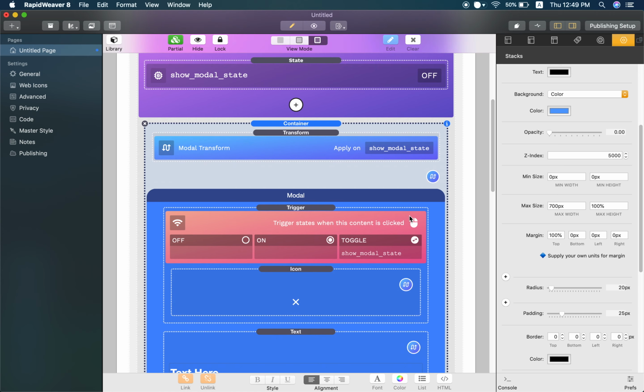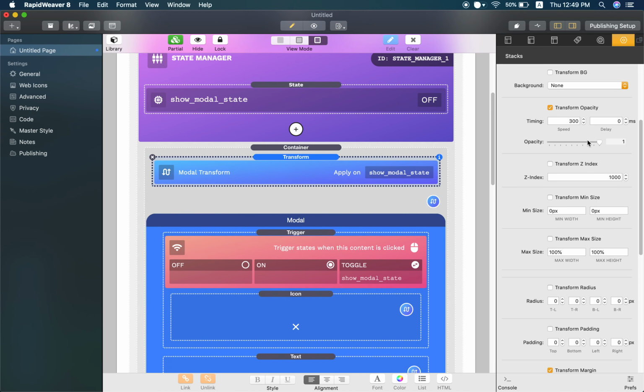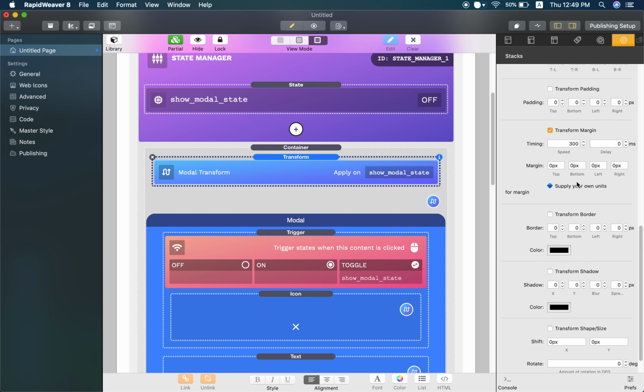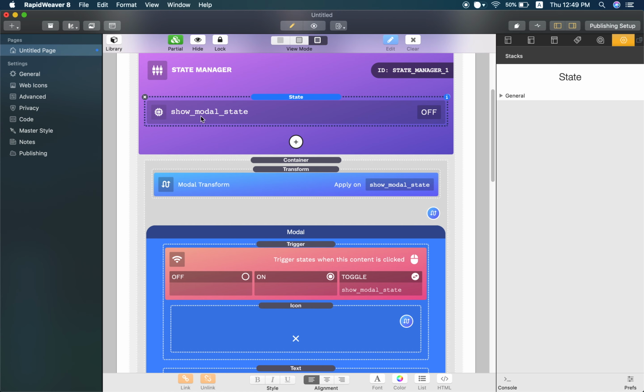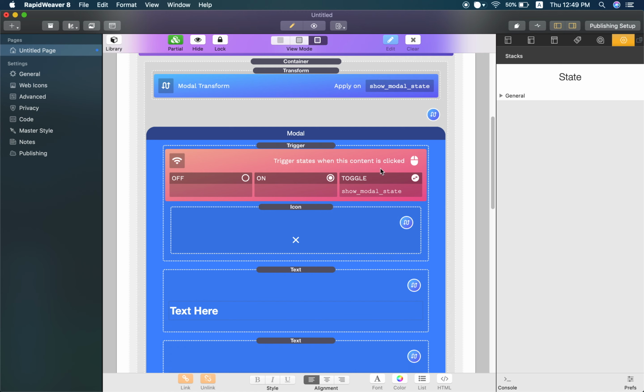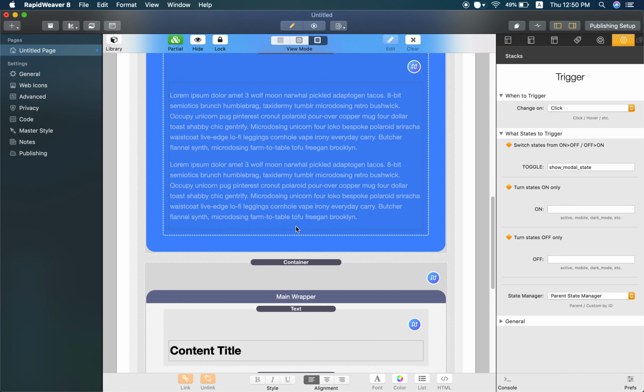Then we have gone ahead and added a transform to our modal, which turns the opacity back to 1 and also returns the margin back to 0. We have added a state inside of our state manager, show modal state, which can be switched on and off. And then we have added triggers in our layout, which when clicked toggle the show modal state on and off. We've wrapped one around our icon, and we have wrapped